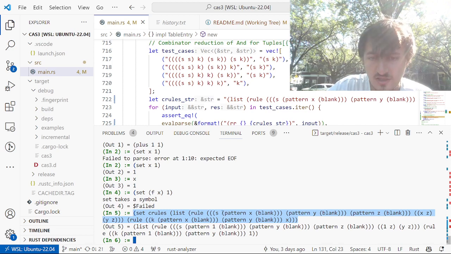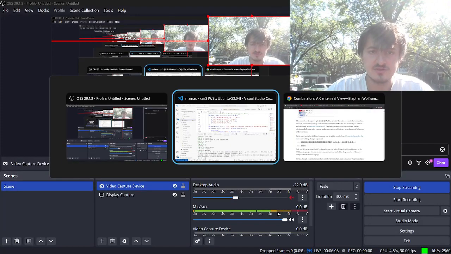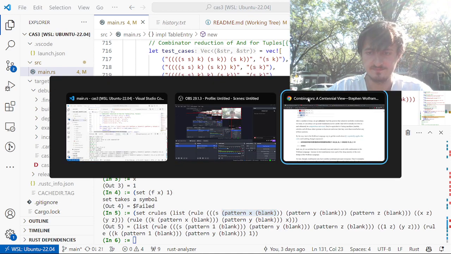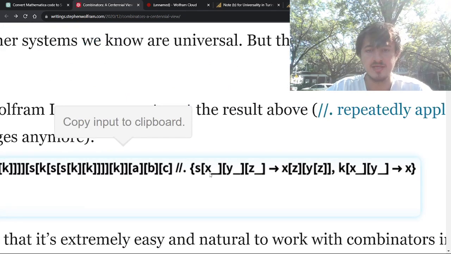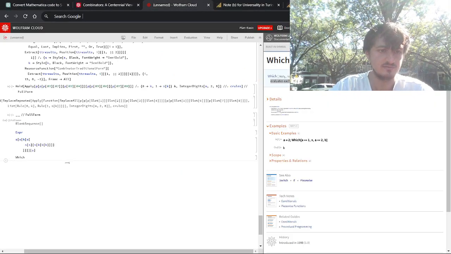So you can see here, there are all of these amazing infix patterns that Wolfram language uses. How do I just make this never, whatever, I don't care. But it has all this amazing stuff, so like x blank desugars to, if I just do x,